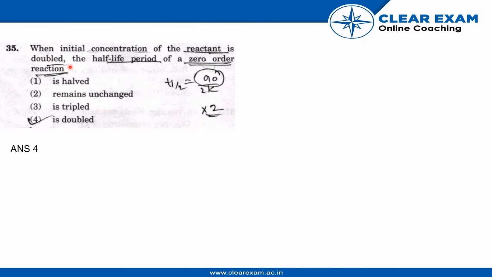So the question is, when the initial concentration of the reactant is doubled, what happens to the half-life of the zero order reaction? So we have to calculate the half-life of the zero order reaction if the initial concentration of the reactant is doubled. The options are: half, remain unchanged, triple, or doubled. So the formula for the half-life of the zero order reaction is